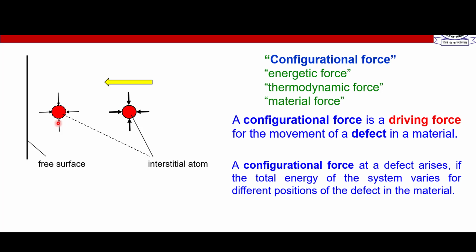Whether or not it will go to the surface, that's a different story, because then there is a path involved. The atom has to find a path, and then only it can go. And if the path is available, this force should bring the atom to the surface. And this force is configurational force because it is arising from two different configurations of the same atom in different situations. So the idea has been applied in recrystallization, in polygonization of dislocations, and very recently this has also been applied